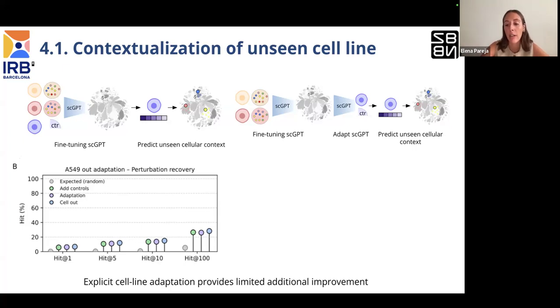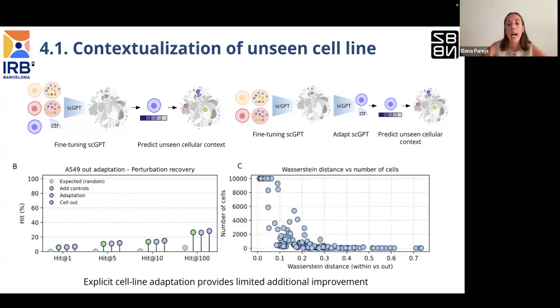And to see if this was the case, we went to our perturbational space, the one that we fine-tuned with all the data, and here we check the Wasserstein distance versus the number of profiles that this cell line contains. This means that if the distance is small, it's well integrated. So there is no difference between the distances within the same cell line and outside the same cell line. And as you can see, there is a clear pattern that when the cell line has a lot of profiles,